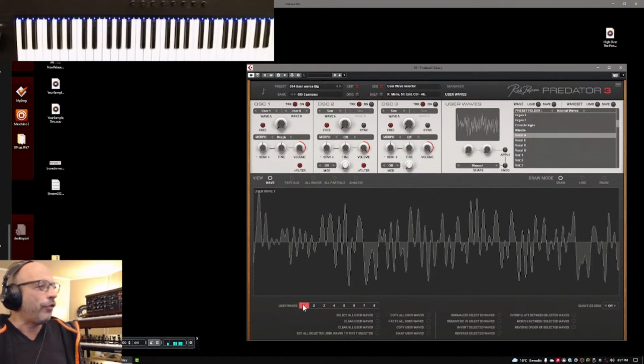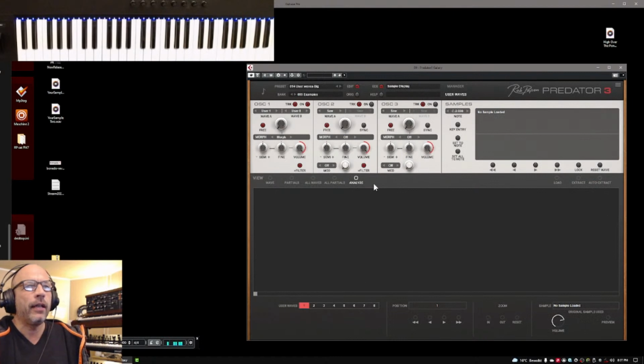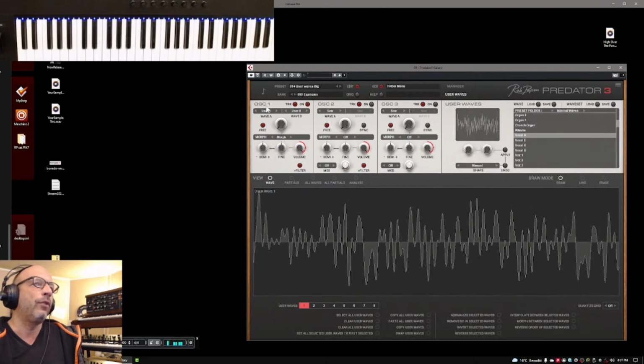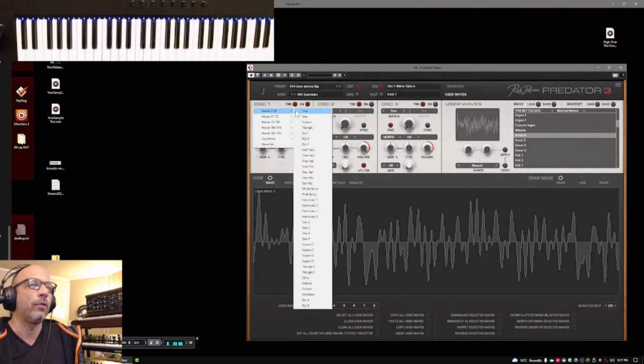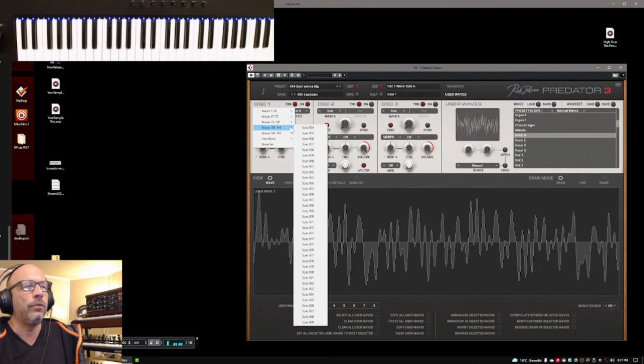Yeah, a partial editor. You can analyze, because it's possible to analyze. You click here, analyze, and then you can load a sample, and from a sample you can create a single cycle waveform, and it's a very complex thing. One of the waveforms which came over from my son, I told it maybe a few times, but if you go to this one,